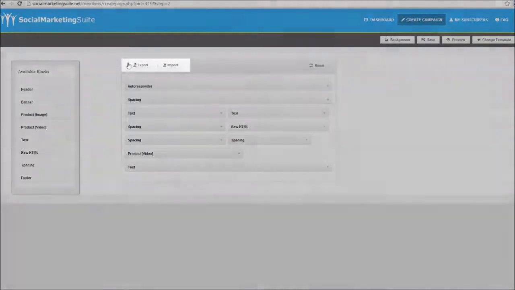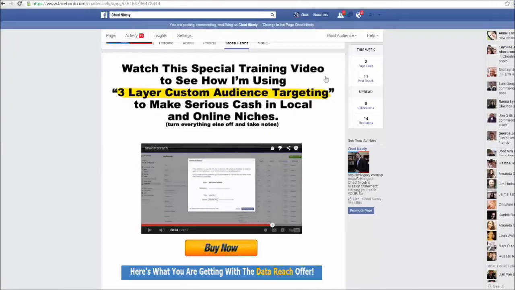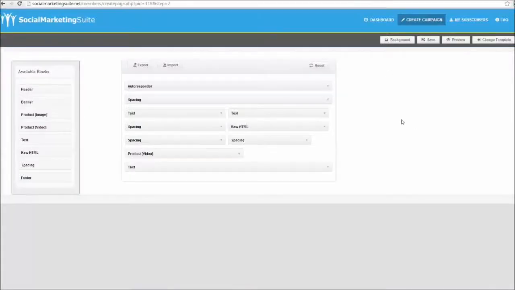And by the way, do you see these 2 buttons right here? Well, let's say that you have a friend that also has the social marketing suite. And so you both have different templates inside your suite. But he sees a sales page and he says, "Wow, how did you make this sales page, Chad?" Well, I can say, no problem. I'm using the social marketing suite, and what I'm going to do is I'm going to export the settings for you, these settings right here, and now your friend can simply import in the settings himself. We have thought of everything to make the social marketing suite the most effective tool that you guys can use